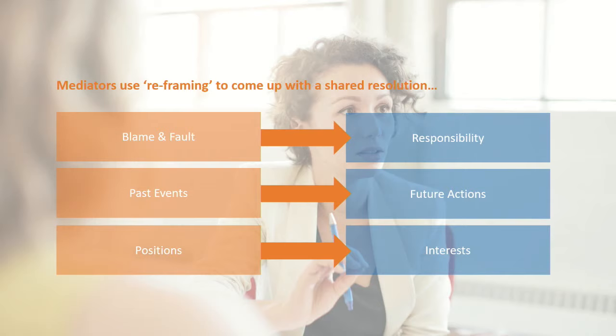So this is what reframing is all about. Done it very quickly there, but we're trying to get away from the inevitable and understandable place of blame and fault, past events and positions, to get people to move into a place where they understand there's a shared responsibility for making things better, that what they can agree about are future actions, even if they can't agree about past events, and to look at satisfying their underlying needs and motives and imperatives, rather than either of them winning by having their position backed up or made into action.